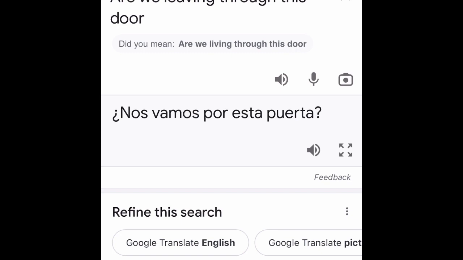They don't say por, they say po. So "No vamos po esta puerta." So yeah, those are the R's.